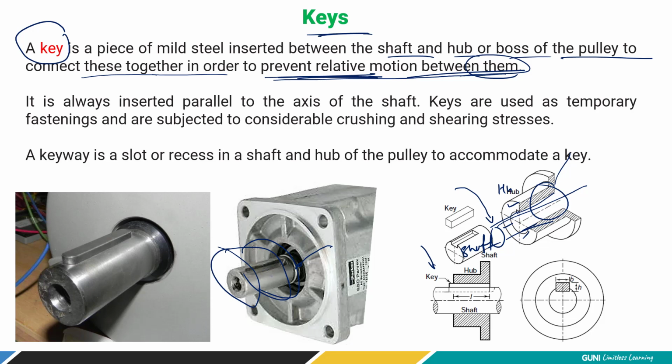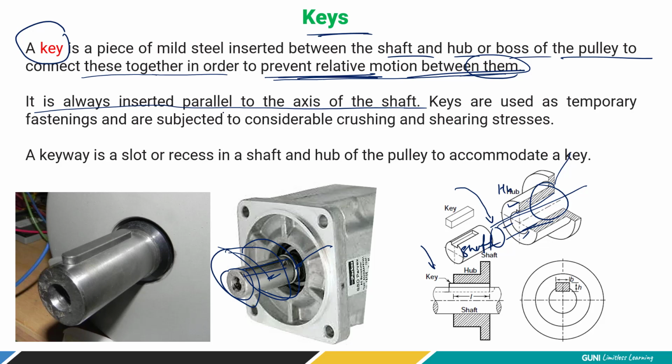But again, the shaft is circular, so definitely the boss hole of the other part or pulley is also going to be circular. So there are chances, because of dimension difference, due to torque transmitting that the pulley may slide, may simply rotate, right? So we need to prevent the relative motion, and that is beautifully done by using the key. A key is simply a mechanical element, of obstructing type, which simply locks down the relative motion between them, right? So it is always inserted parallel to the axis of the shaft.